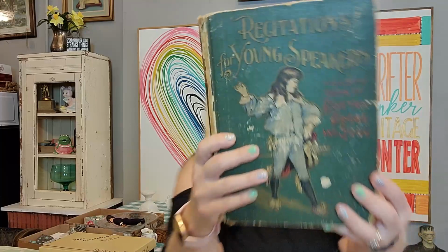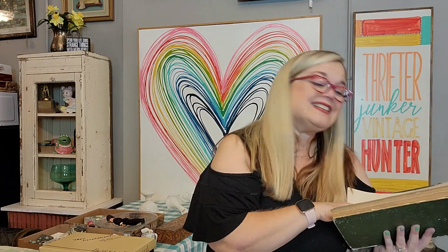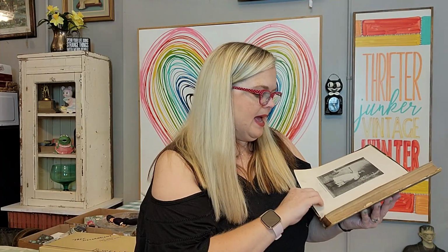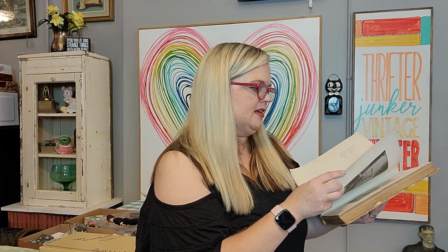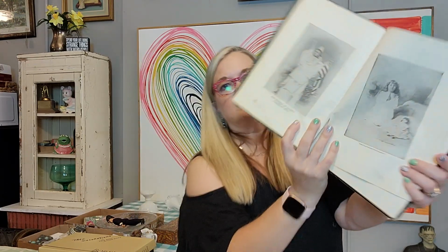Recitations. I'm going to say that word wrong. Recitations for Young Speakers, including gems of poetry, prose, and song. This is an antique. The copyright date is 1899, but it has these little pictures in here, and some of them are quite funny. So we have the Goddess of Liberty right there,